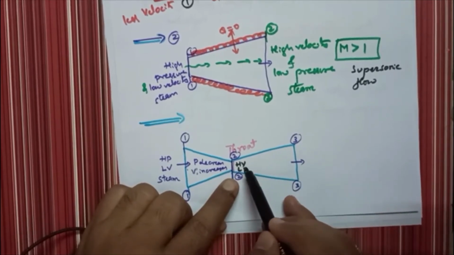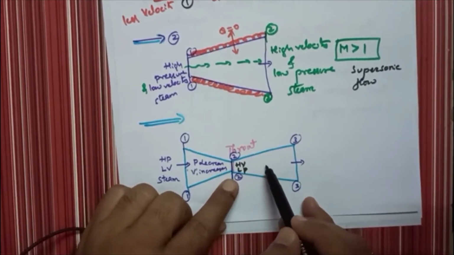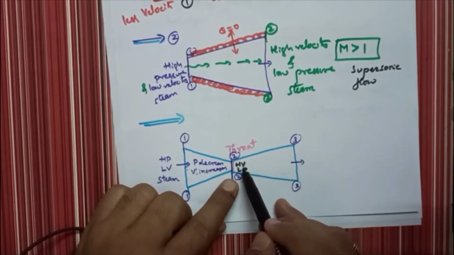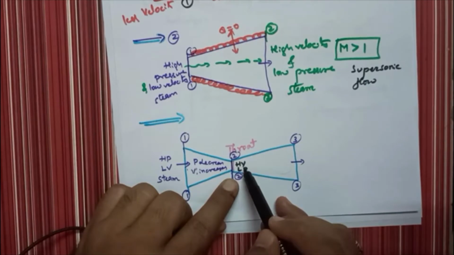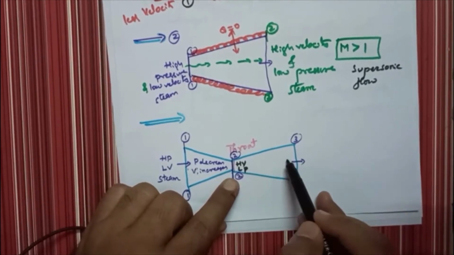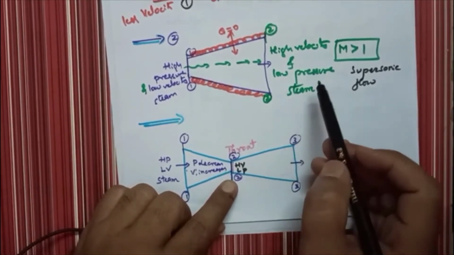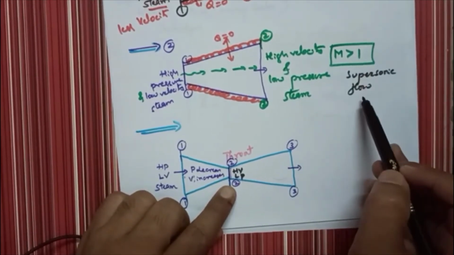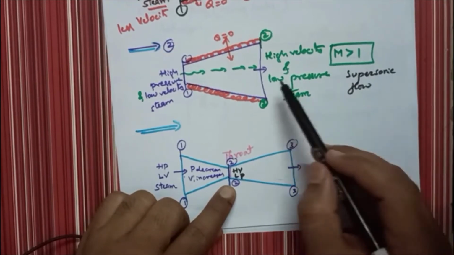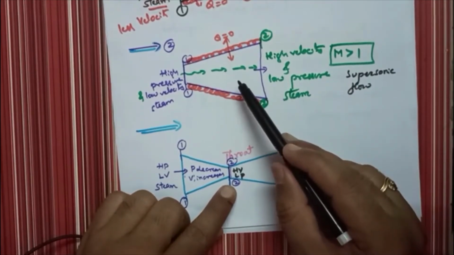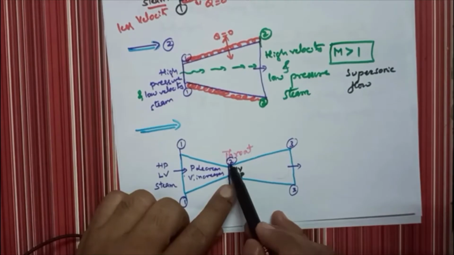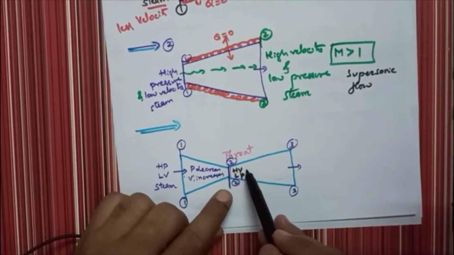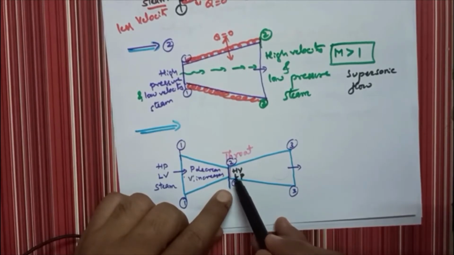So understood? Again, a nozzle is a device which converts pressure energy to velocity. Velocity is already more at section number 2, so again there is a rapid increase in the velocity. That is called supersonic, M is greater than 1. Why have I written M is greater than 1? That is supersonic flow. Mach number is greater than 1 in the divergent nozzle. The reason is at the inlet of section 2, the velocity of the steam is high and the pressure is low.